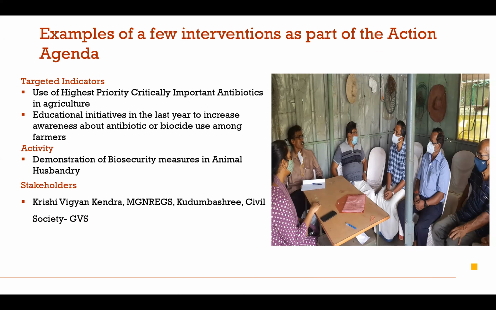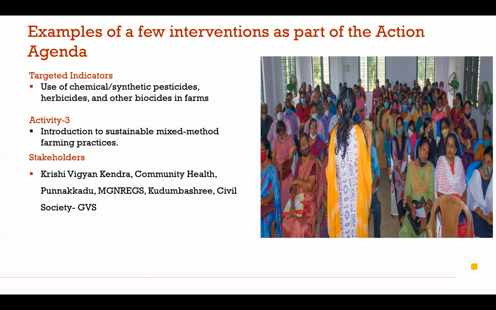Apart from that, we were also trying to see if mixed method practices in the community could be encouraged, to ensure that household food security is emphasized, like encouraging local production of food products, and thereby encouraging non-use of chemical or synthetic pesticides or herbicides in the farms. So these are small interventions that specifically targeted certain indicators in the framework that we identified as having a gap over the period.